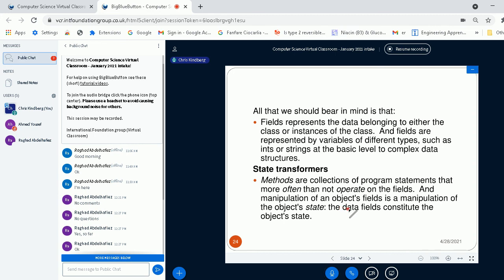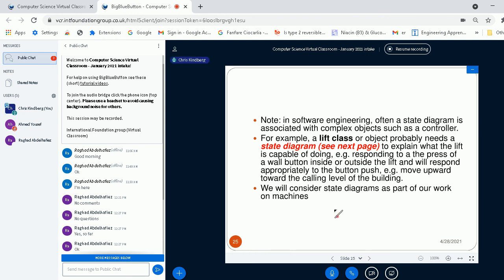And I can change the state of an object by changing the value of one or more variables. And in software engineering, a state diagram is associated with complex objects, such as a controller. For example, I could model a lift class.